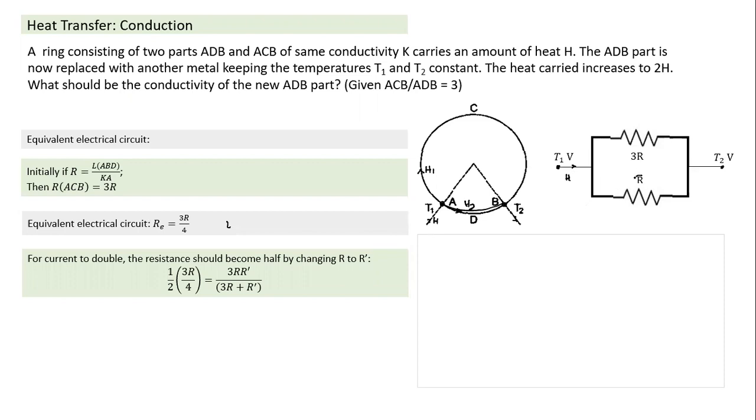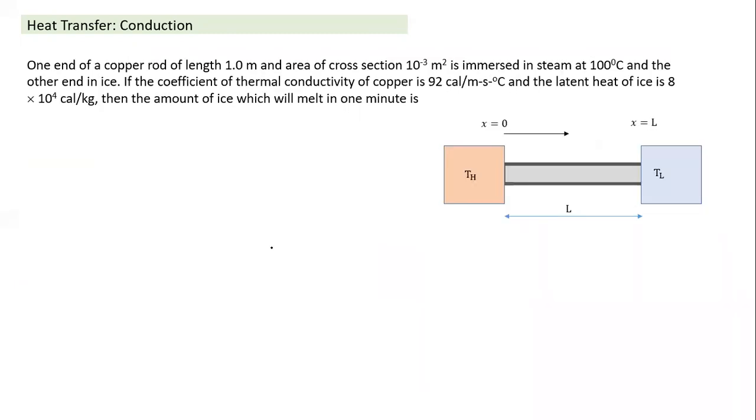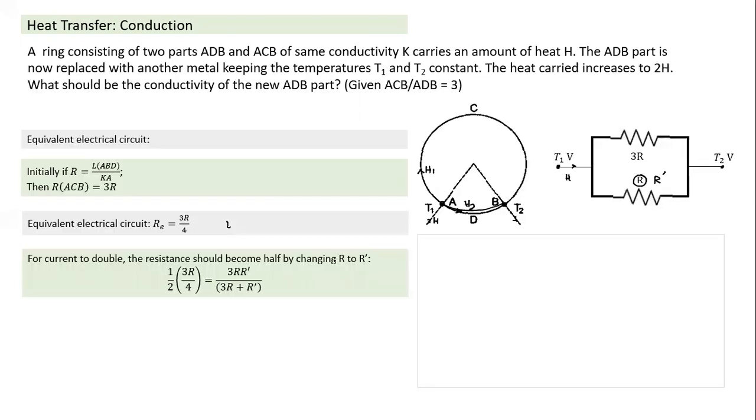So by replacing R with R dash, that's what we have to do here. If we have 3R and R dash connected in parallel, the equivalent resistance should become half of the initial resistance. I can easily calculate the value of R dash here. And once I have the value of R dash, I can find out why the resistance is decreased. The resistance is decreased because of the thermal conductivity K. Once I have R dash, I can find the value of K also. So all of you can try to solve. I will not solve most of the questions. We'll go through more questions, I'll give an idea how to solve, and all of you must finish solving such questions.